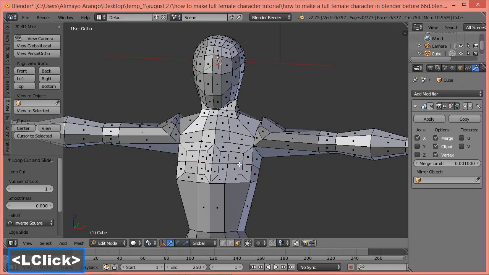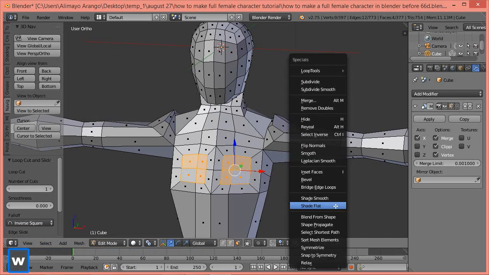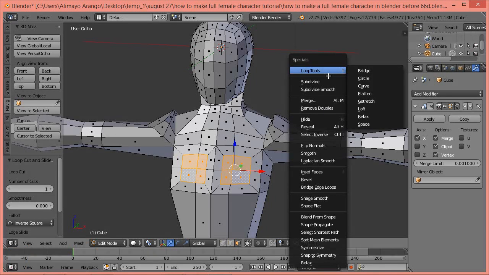I'm going to go to Phase Select. I'm going to zoom in, hold Shift and select here, here, here, and here. I'm going to press W. W brings up our Specials menu. I'm going to go to Loop Tools. And then when I select Circle,